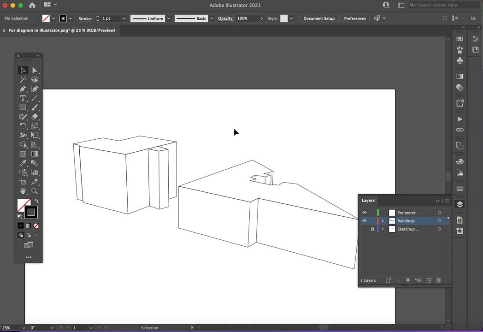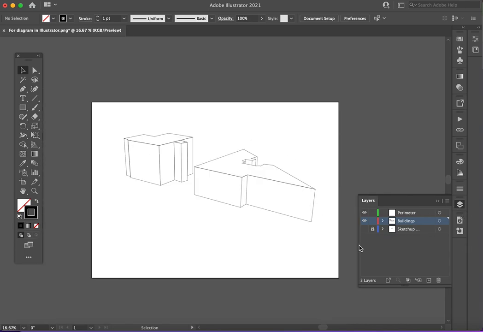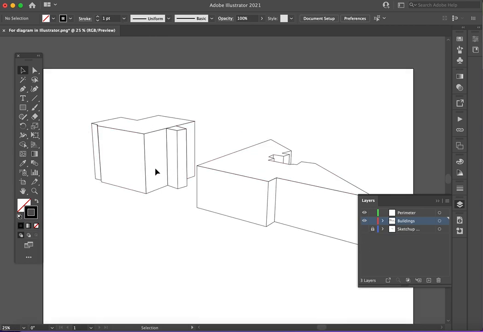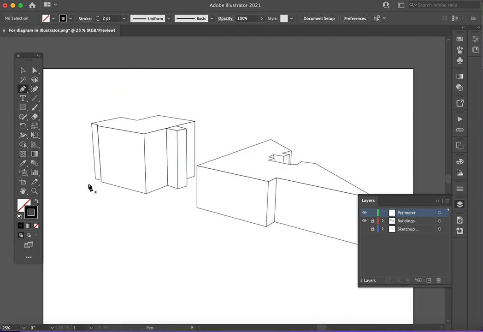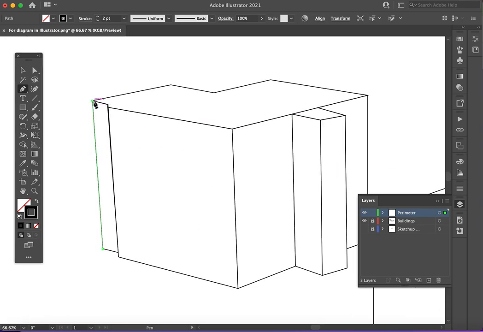So something very effective when you're drawing diagrams in Illustrator is to draw the perimeter of your buildings, which makes them stronger. So here again, you can lock the building, but without switching off. So just the buildings are locked. And go into perimeter, and taking the pen tool, we start tracing the perimeter. Here, I would suggest to always go into, for example, around 2 points, something like this. So start tracing the external perimeter. Maybe we need a little bit more of,